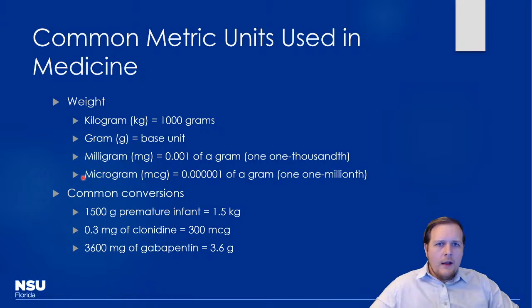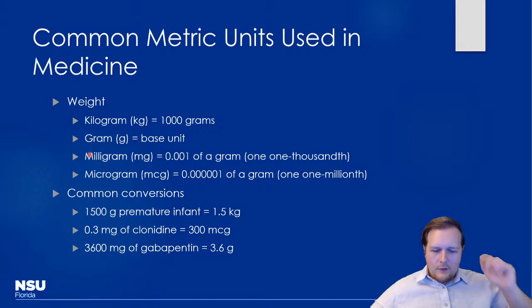But let's start off with common units that we're using. The first one is going to be weight. As most of you know, we're going to be dealing with patients in kilograms for the most part, right? A kilogram is 1,000 grams, and so a gram is going to be the base unit here, right? What are some other common ones we're going to be using? It's going to be milligrams, which is 1/1000th of a gram. And then we're going to have micrograms here, which you may see many drugs being dosed in as being 1/1,000,000th of a gram, right? So it takes 1,000,000 micrograms to equal 1 gram, and 1,000 milligrams to be